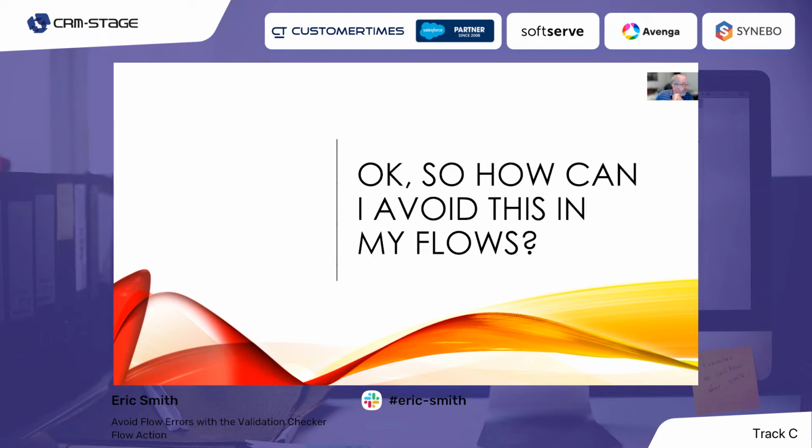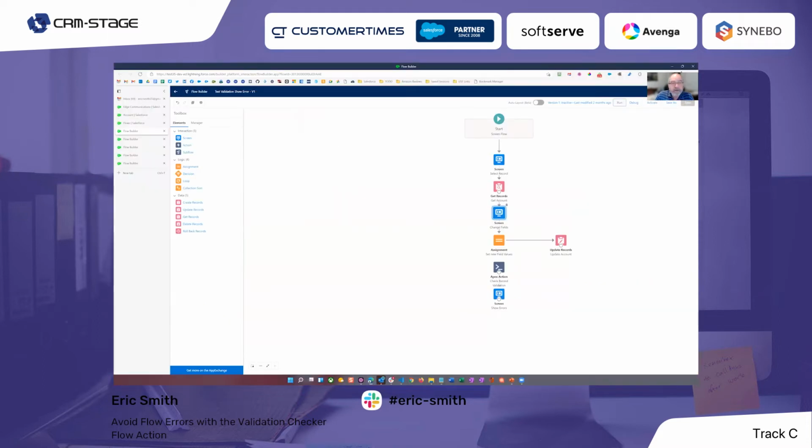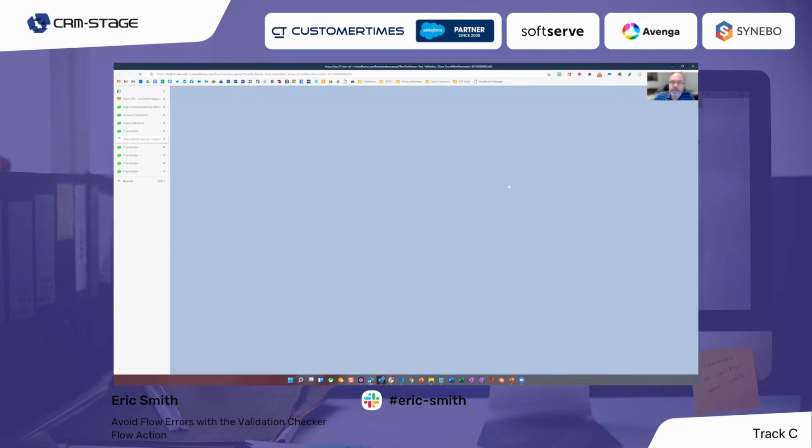Let me find the right screen here. Okay, so here's a flow where I'm selecting a record, I'm getting that record, I'm presenting a screen to change some fields, I assign those fields, and then I want to write my record back out. So I'm reading a record in, I'm letting the user make some changes to some fields, and then I'm saving those changes. Pretty straightforward. So if I run this particular flow,